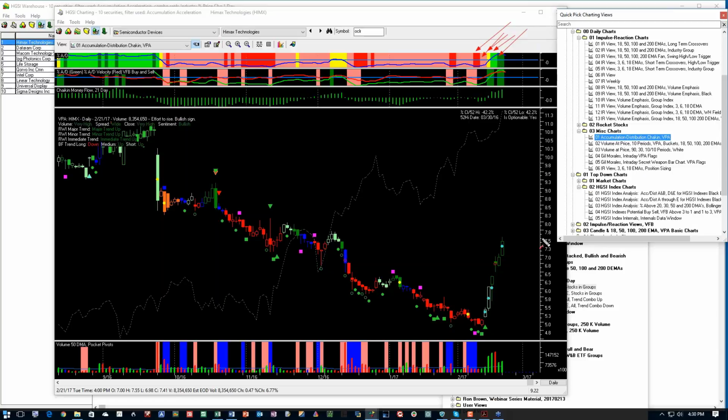And these green bars here indicate that the signals are changing from distribution to accumulation. So when this turned to C accumulation, it was generating the green bars. If I put my crosshair on here,